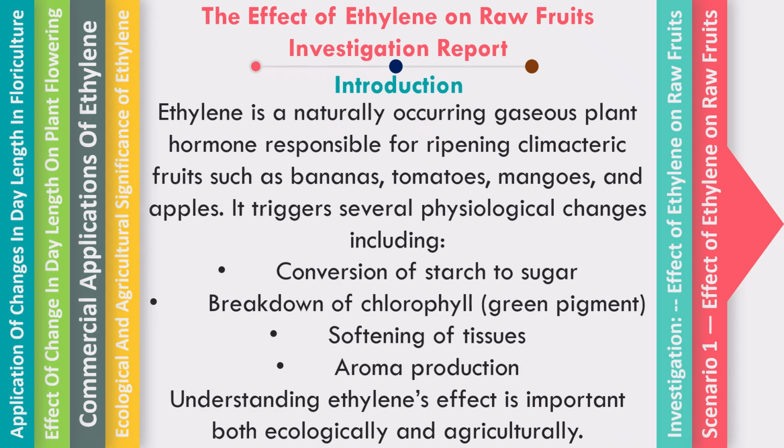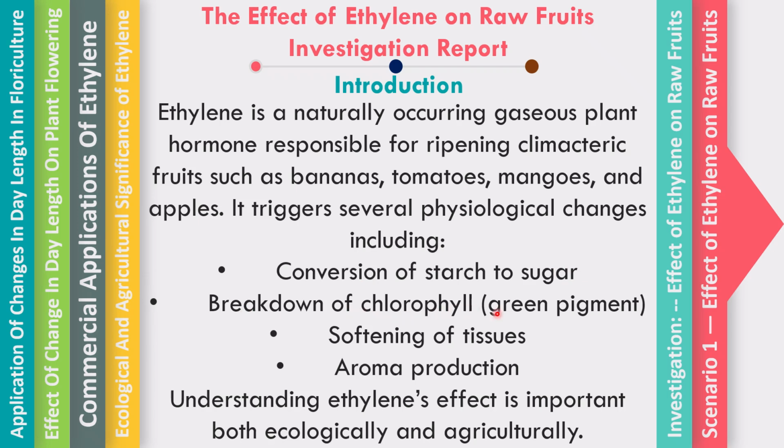Introduction. Ethylene is a naturally occurring gaseous plant hormone responsible for ripening climacteric fruits such as bananas, tomatoes, mangoes, and apples. It triggers several physiological changes, including conversion of starch to sugar,